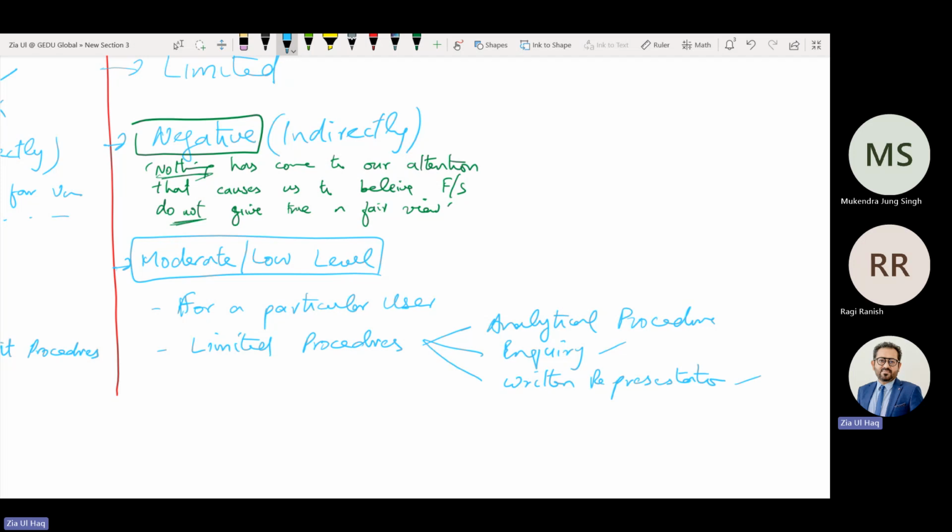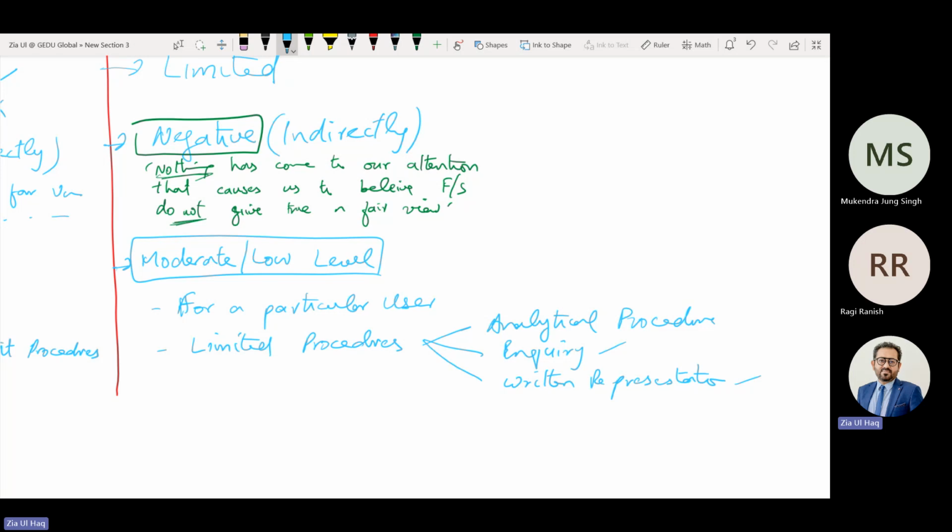At that table and chair, we ask the management, okay, provide us the documents so that we can compare current with the previous. If we are unable to identify the difference in any figure, we will call the management to ask why there is a difference. They will say due to this, okay, good. We'll write it down in the working paper. They will say due to this, okay, can you send me a written representation for that as well? They will say yes, I will provide you a written representation. We are not moving anywhere. We are performing all the work while sitting at one table and chair, as we haven't performed detailed work, substantive procedures,